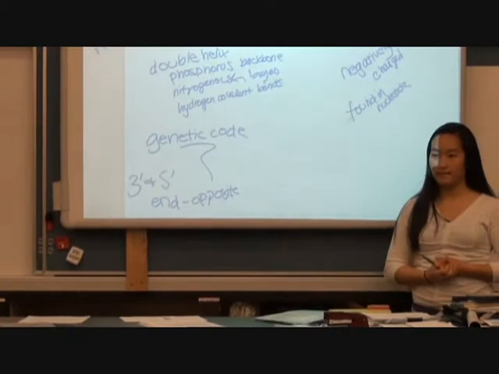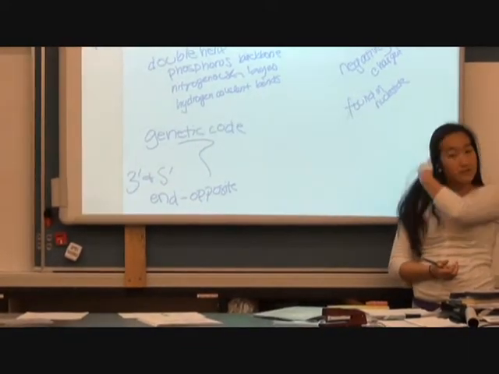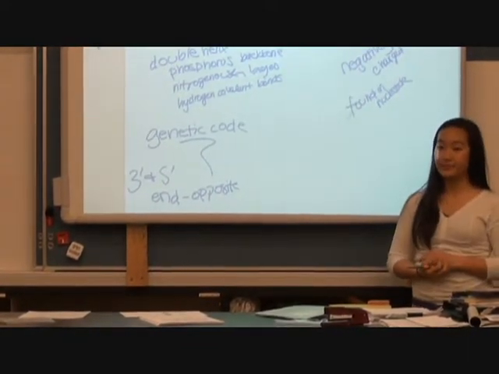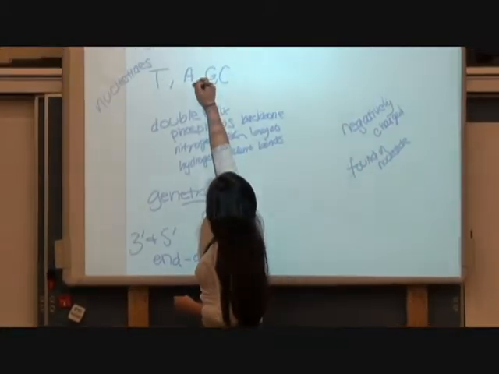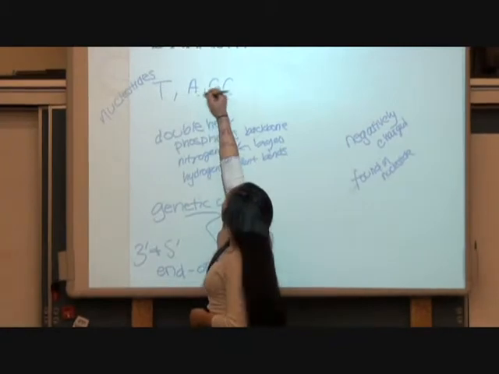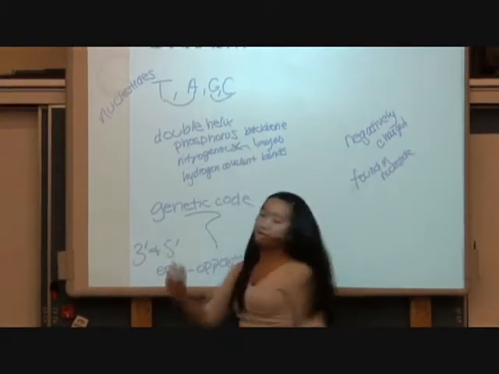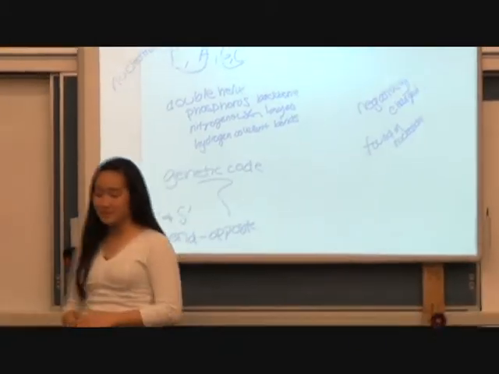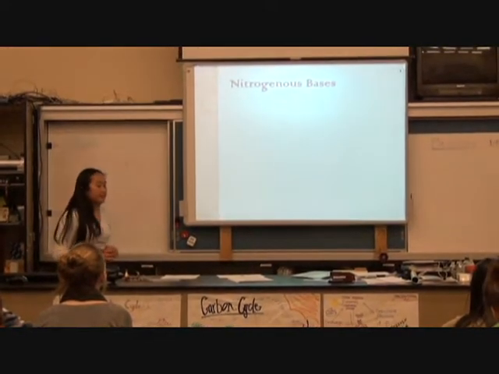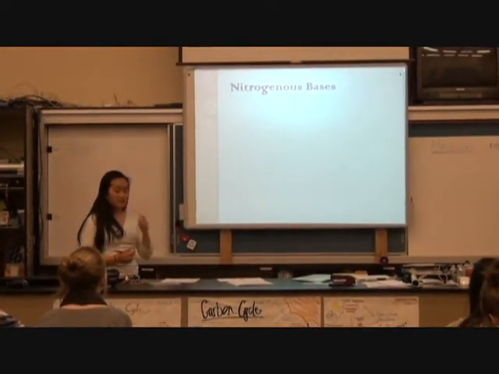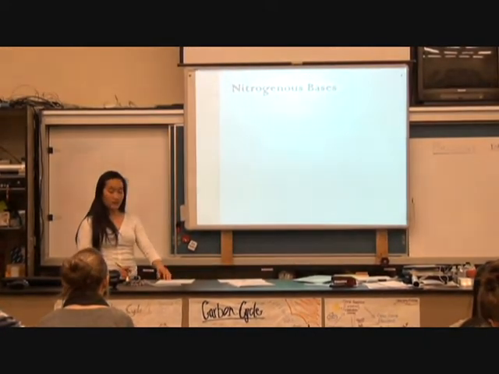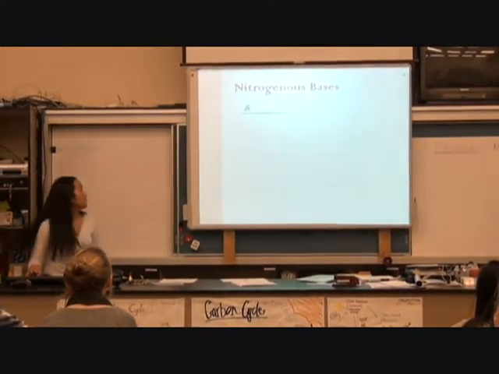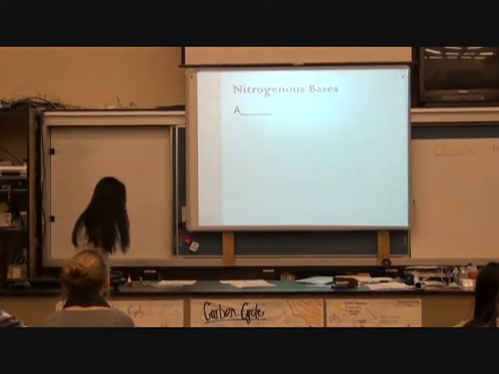One more. Yeah. Adenine binds with thymine, guanine binds with cytosine. A's and T's go together. Alright, so you guys, we need to know the nitrogenous bases, their names and what they bind with, so that we can do this next activity. So, A is,